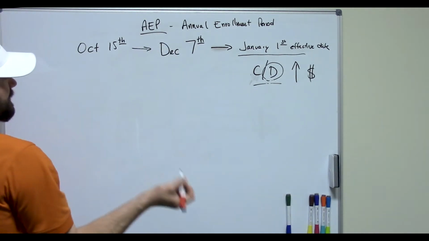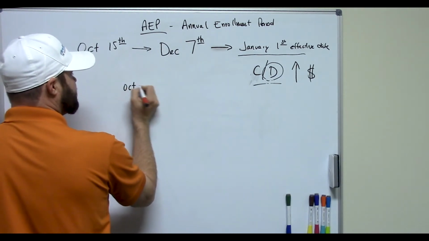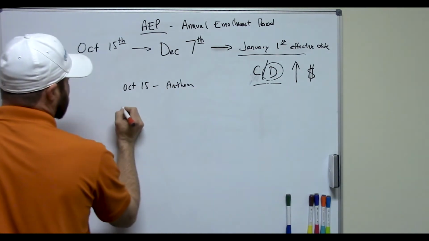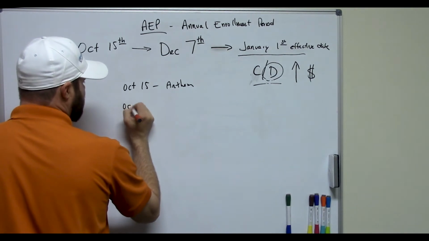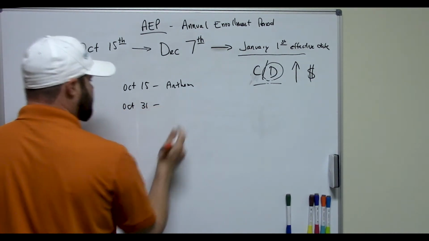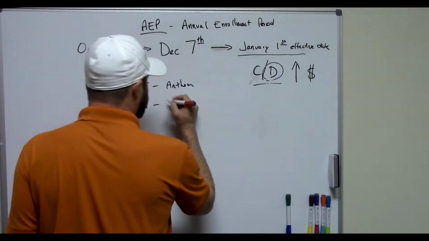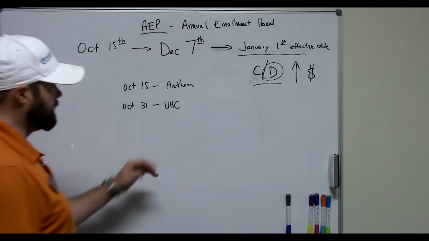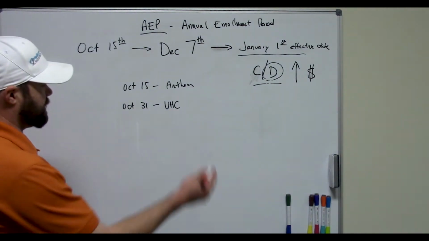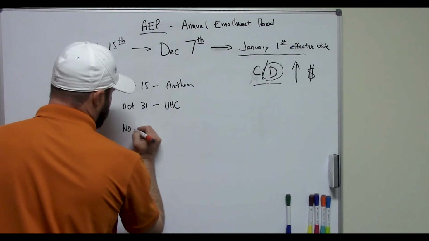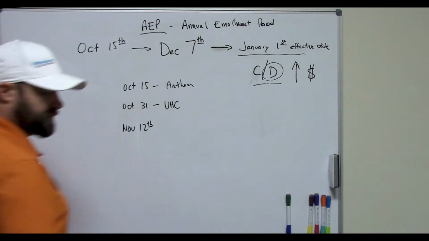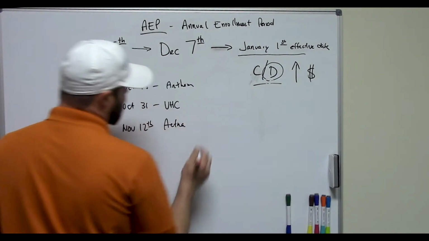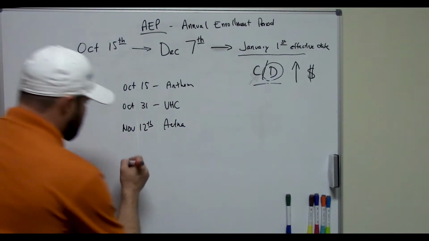During this time, you can literally, on October 15th, submit an application to Anthem. Then on October 31st, on Halloween, someone knocks on your door and you like their trick or treat, and you decide, well, I like what they're talking about. Even though they're not supposed to knock on your door, it happens. You might move to United Healthcare and do an application for United Healthcare. After that, on November 12th, you might talk to somebody on the phone about Aetna's plan, and you might do an application for Aetna. Whatever the last application is on December 7th